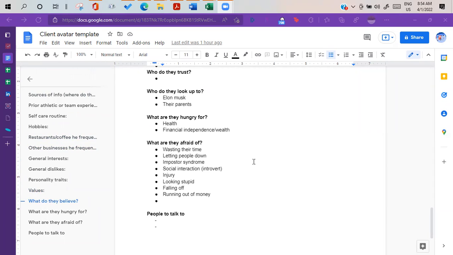What are they afraid of? I think that what are they afraid of is huge because you can pick on it and piggyback off it. Many of the clients in the retirement planning and financial planning space are afraid of running out of money. Some of them may have tons of it, but they're afraid of running out of money in retirement. If you do mostly insurance, they're not really afraid of dying unless they're close to their deathbed. They're not afraid of getting cancer. So you've got to dig deeper.